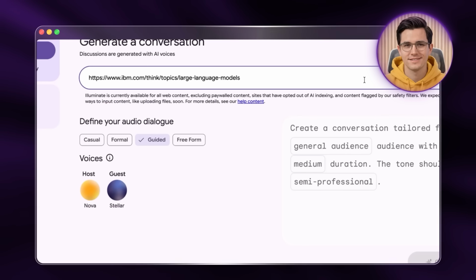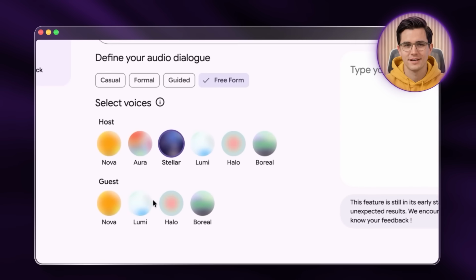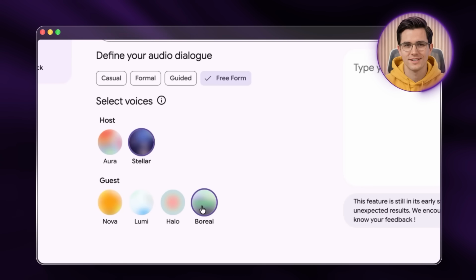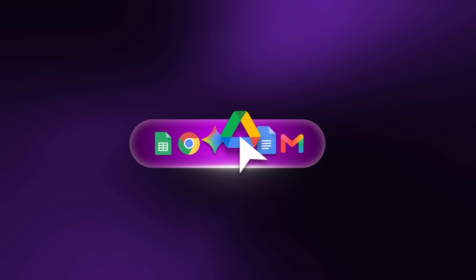And that's exactly what a sister tool called Illuminate adds. It turns your sources into the same kind of two-host conversation, except you choose the actual voice for each speaker. So Notebook LM is the one to use, and Illuminate is the upgrade if audio is your main thing. Notebook LM is an app you go to on purpose, but some of Google's most useful AI is already sitting